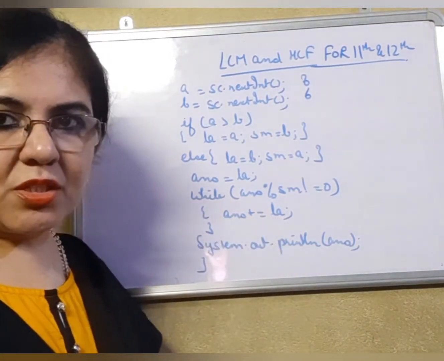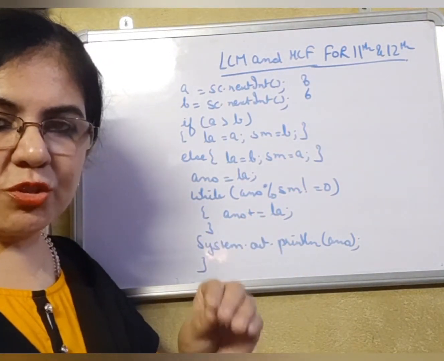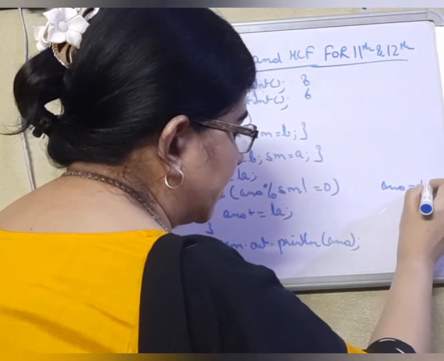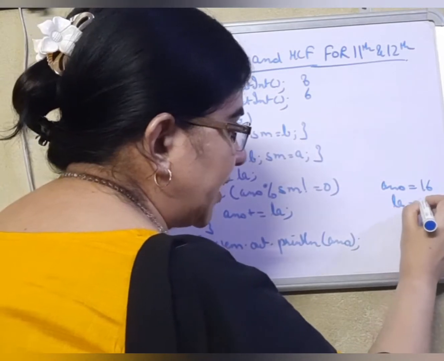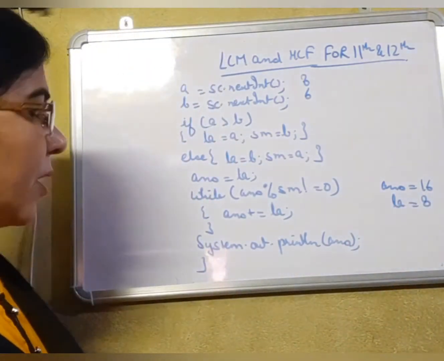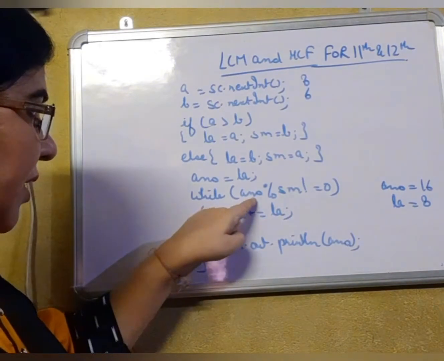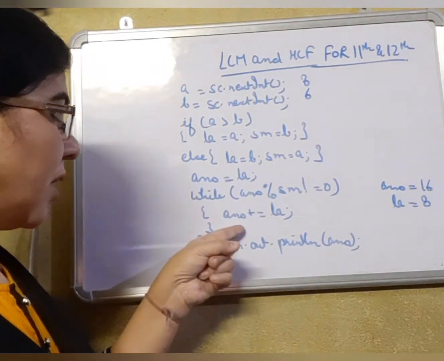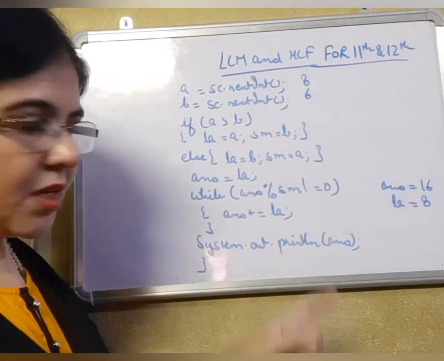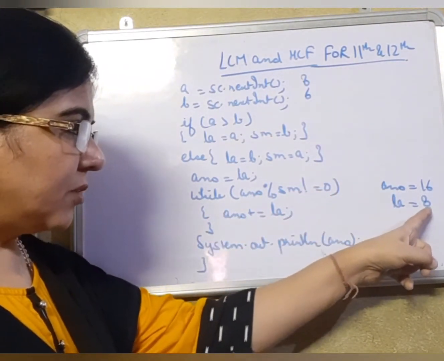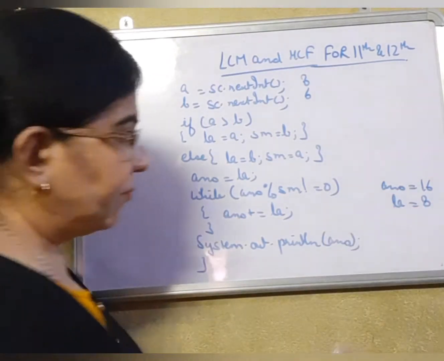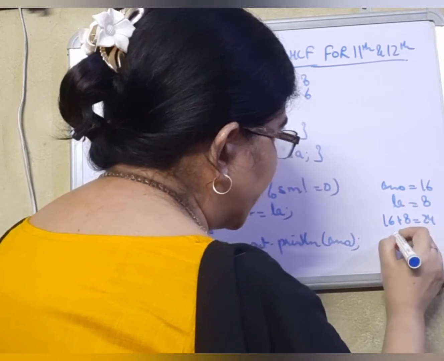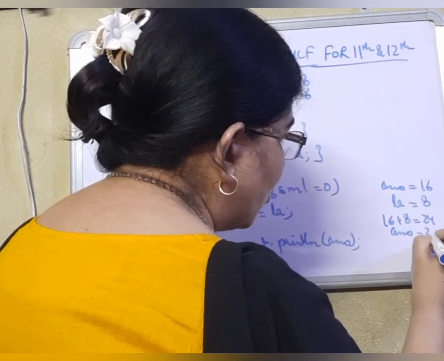Answer is 8. LA is 8. So answer will become how much? 16. Presently the answer has become 16. But LA is always 8. Remember this thing. Now taking 16, it will check here. 16 modulus 6 is not equal to 0. Again, it's a true condition. Answer, which was 16, is going to add 8 to itself. 16 plus 8 will become 24, which has again become the value of answer.